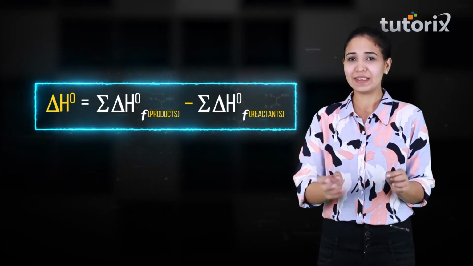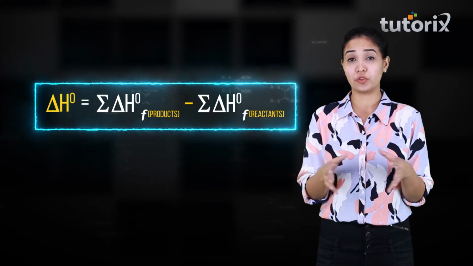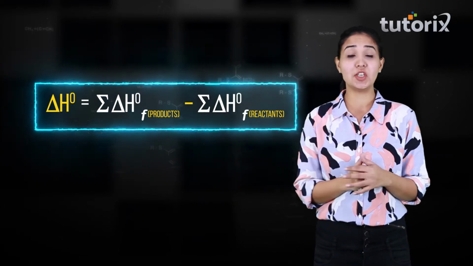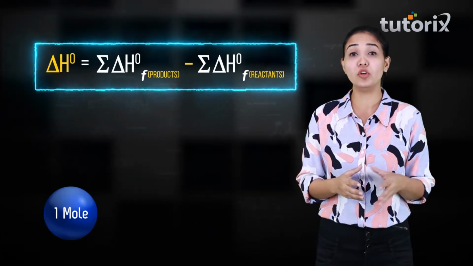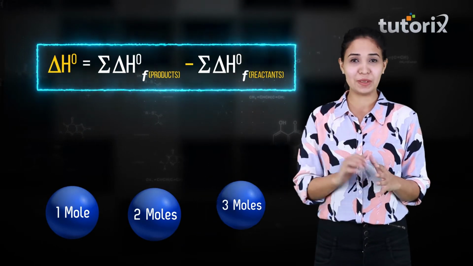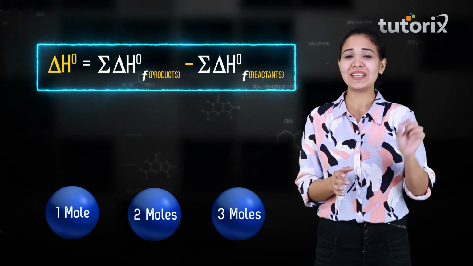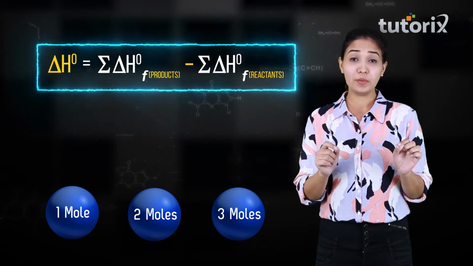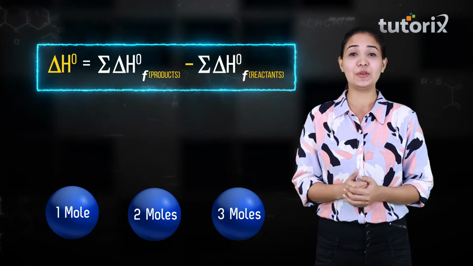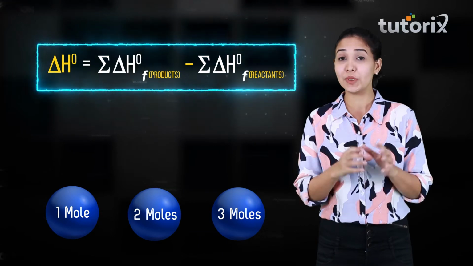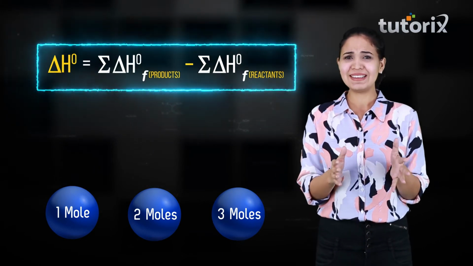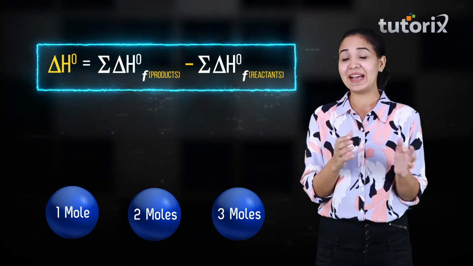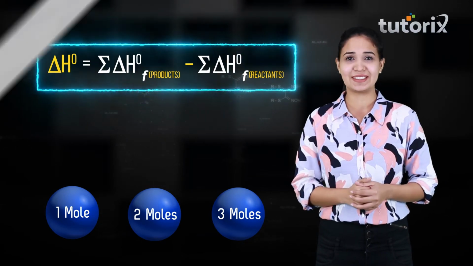And apart from that, in the very beginning, I told you one more thing, that with any particular reaction, we have to take care whether it is for 1 mole or 2 moles or 3 moles, because we talk about it in terms of moles. So when we have to find out any value, if we are being given a question, we have to approach it by keeping these things in mind. So with that, let's take a look at a question and apply what we have learned today.